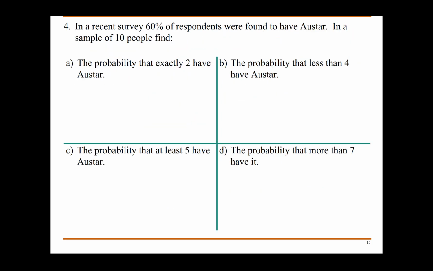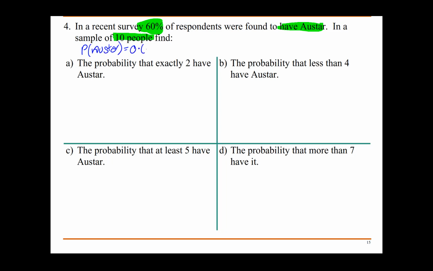Okay, moving on. Again, pause the video, have a go at it yourself. Don't just watch, you have to be learning this. So the question says, in a recent survey, 60% of respondents were found to have OzStar. In a sample of 10 people, find. So our probability of OzStar